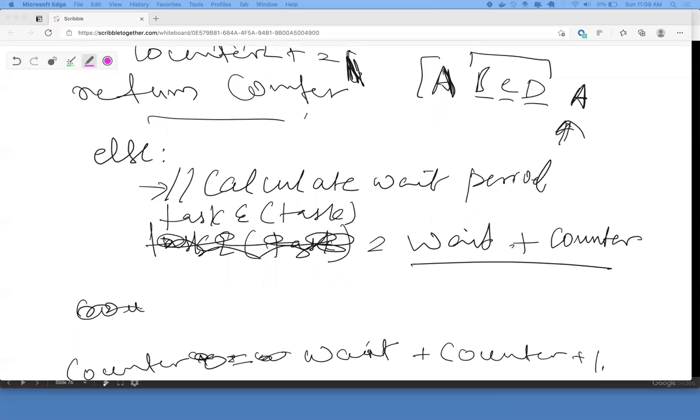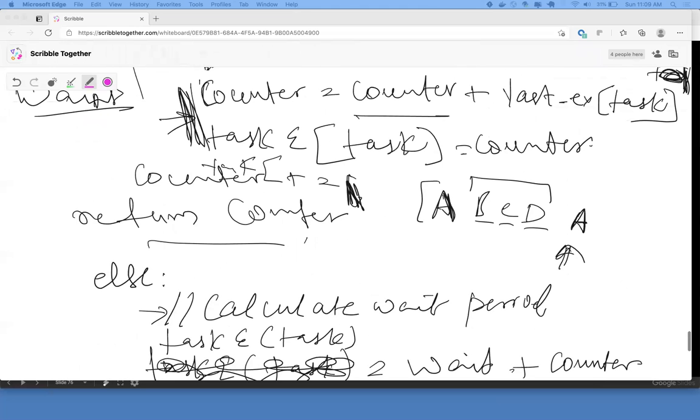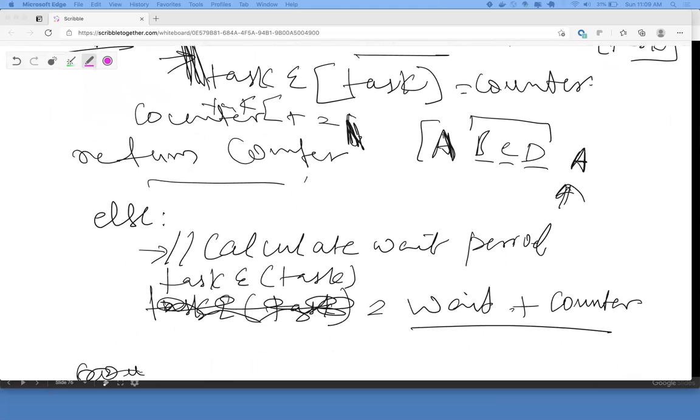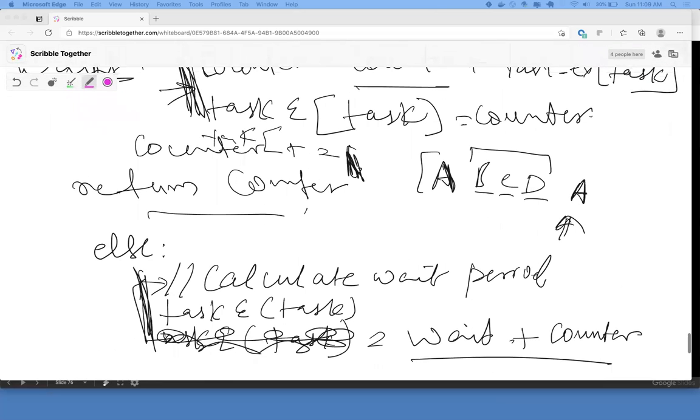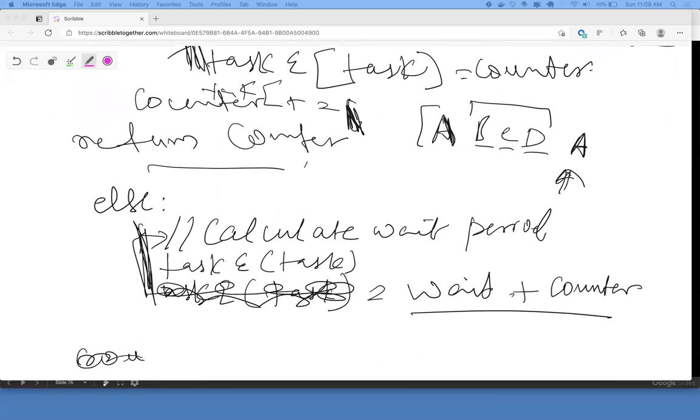So wait, let us go through this again. You can set wait to 0 in the first if. But here also wait can be 0 in else. Yeah, I didn't know if Python was lexically scoped or globally scoped. That's why. Oh, okay. So basically wait can be 0 here. Also wait is actually the maximum of 0 and some cooling period.